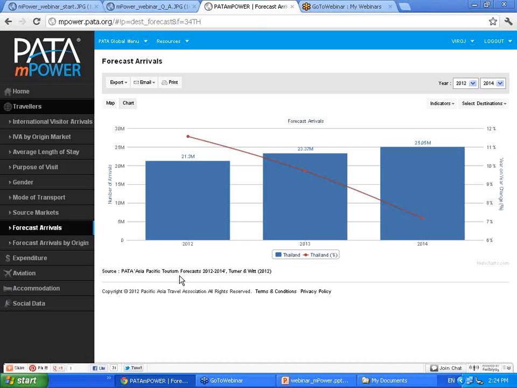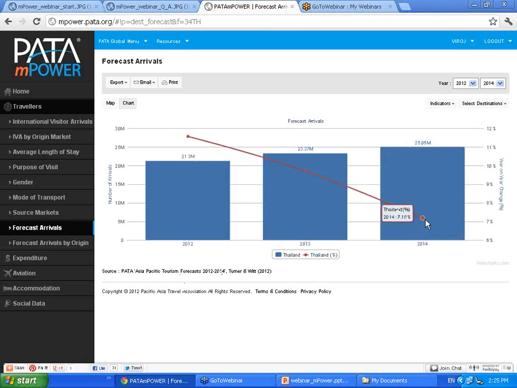Now this is a similar format to what you would have seen with the overall arrivals, the historic arrivals at least, in as much as we have the bar or the block which indicates the actual volume. Here, for example, we're suggesting that Thailand is on track to receive about 21.3 million in 2012, jumping to over 25 million by 2014. And if you look at the red line, which is the percentage growth, and compare that